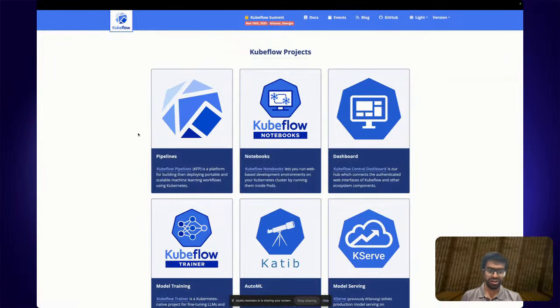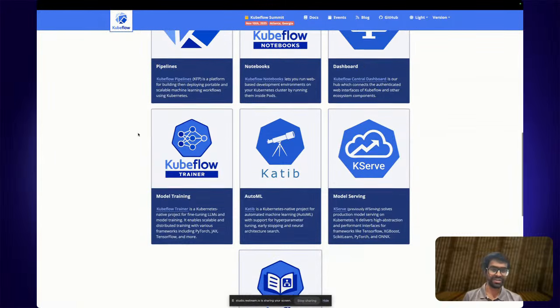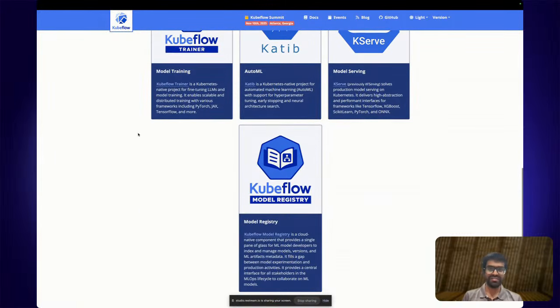What that means is that it allows you to handle an end-to-end machine learning lifecycle. Starting from your model training, where you can define an entire pipeline which allows you to go all the way from training to serving. Then notebooks, like a Jupyter notebook or a Google Colab notebook, allow you to run your workloads. And then you have Katib for hyperparameter tuning. Whatever you can think of, you even have the Kubeflow model registry where you can store the OCI artifacts, which are your packaged models, and then you can use that across your entire workflow, whether it's for inferencing.